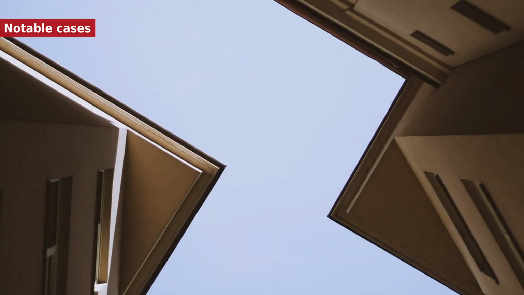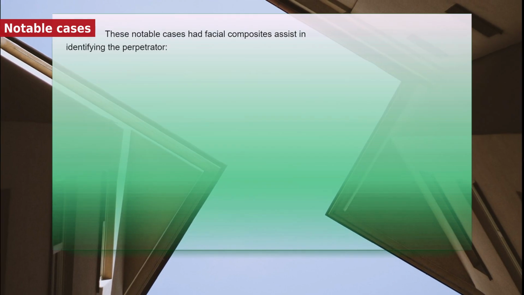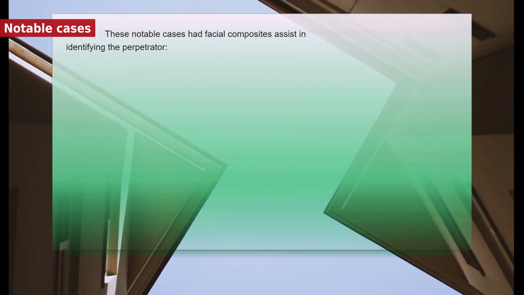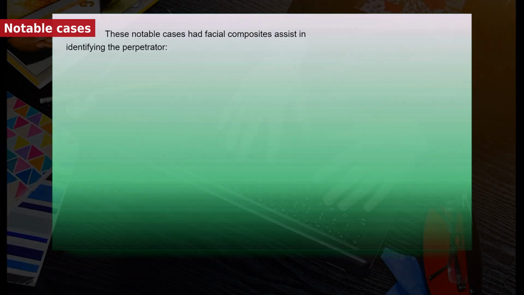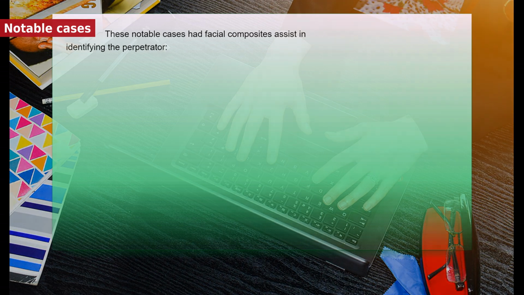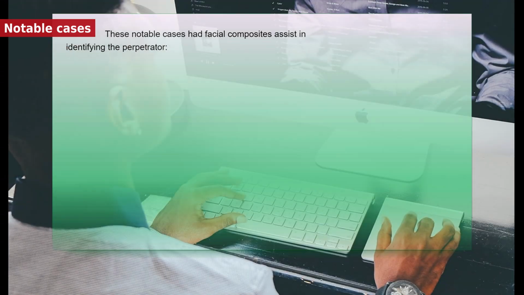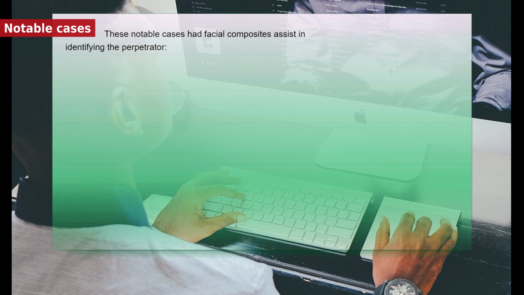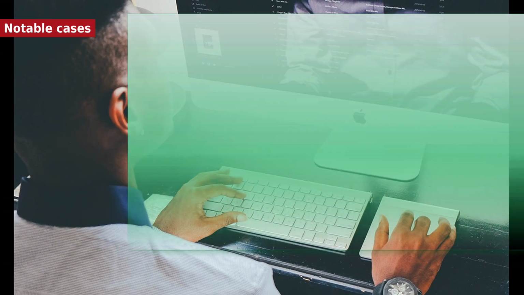These notable cases had facial composites assist in identifying the perpetrator: Oklahoma City bomber Timothy McVeigh, Nicholas Lindgren, also known as Haga Mannen, a serial sexual assaulter in Umeå, Sweden; Baton Rouge serial killer Derek Todd Lee, Rodney L. Calla, Joseph James DeAngelo, D. B. Cooper, Reynaldo Rivera, Christine Paolilla, Timothy Hennis, Daniel Lee Corwin,